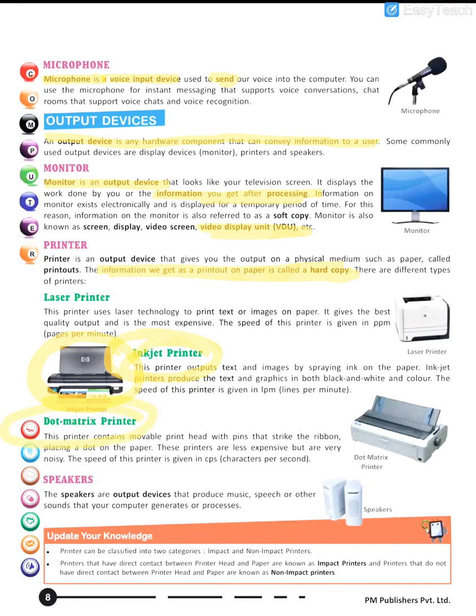So that is why, later on, you will see there are two categories of printers. The one that strikes the paper physically is called an impact printer. One example of impact printers is the dot matrix, while the others do not touch the paper, like the inkjet printer and bubble jet. They just sprinkle the ink and the cartridge does the rest. And the laser printer is printed with the help of a laser itself.